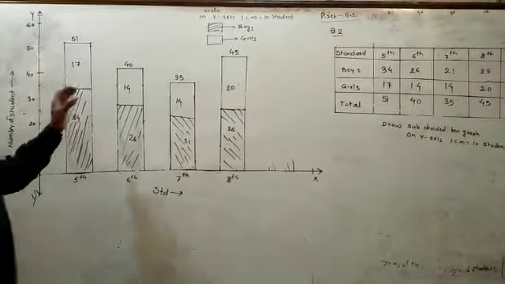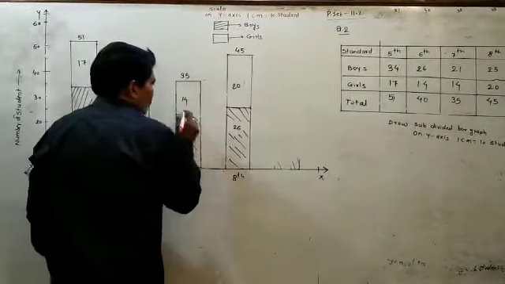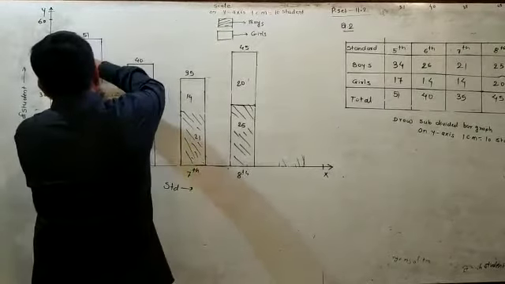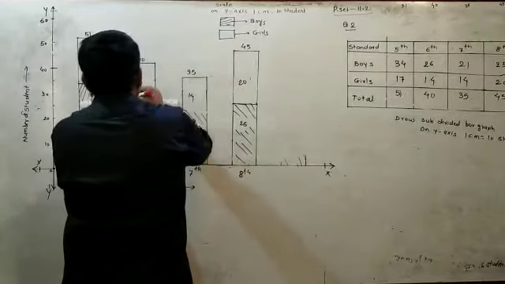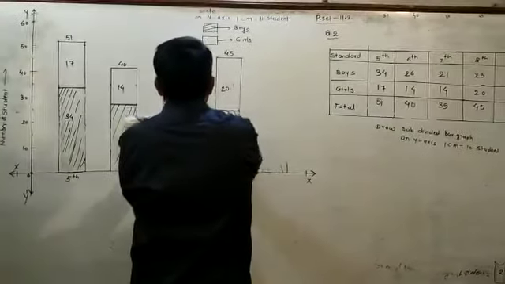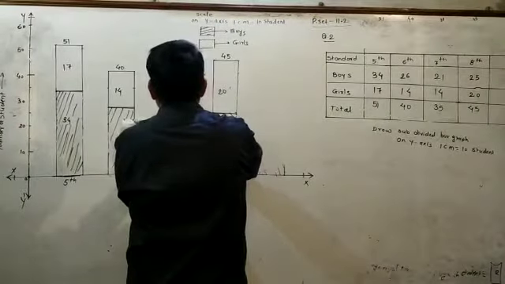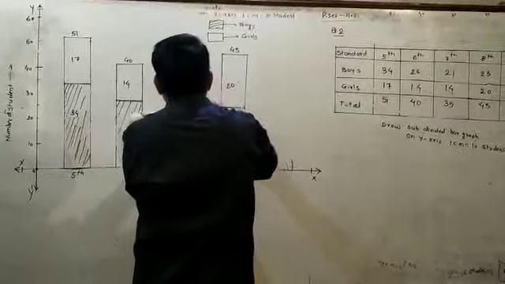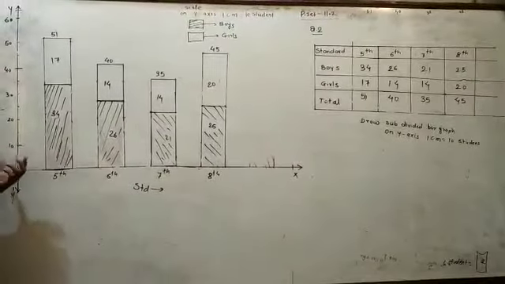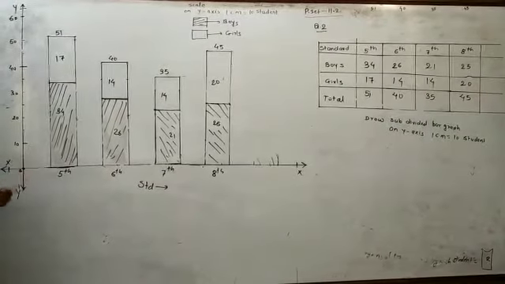And in this way you have to draw the subdivided bar graph properly. By the scale you have to draw. These lines you have to draw by scale. Exactly straight lines you have to draw. And in this way you have to draw the subdivided bar graph, and in the graph book you have to complete all these questions properly. Thank you.